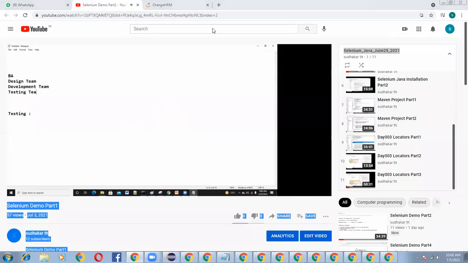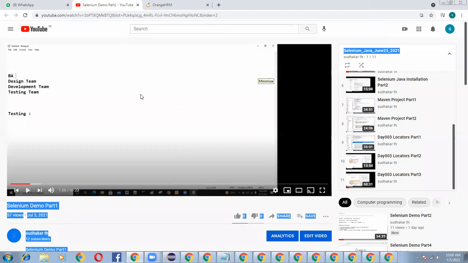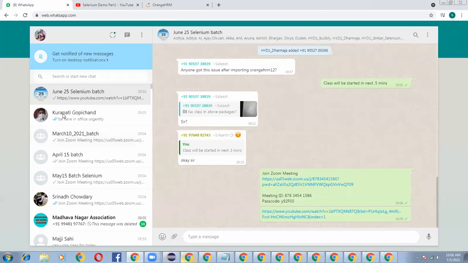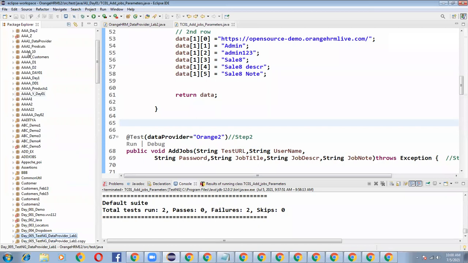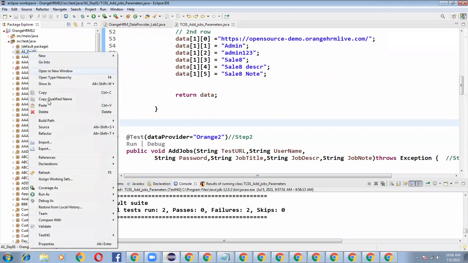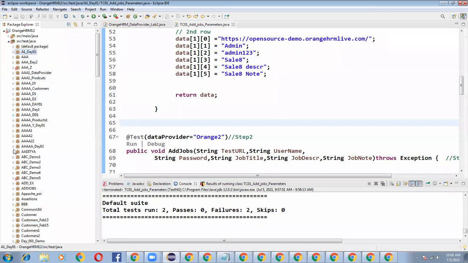Anybody is having any doubts? No. These are practical labs. Generally day 1, day 2, day 3, all the labs I am giving. So you can do the hands-on copy. These are the exercises that I am giving as part of demos. These are not part of labs. Somebody is asking a doubt.